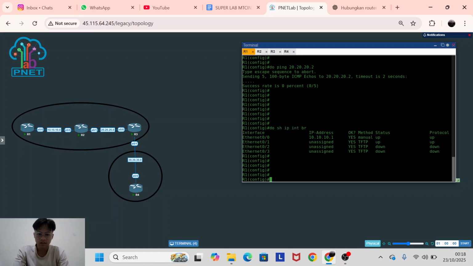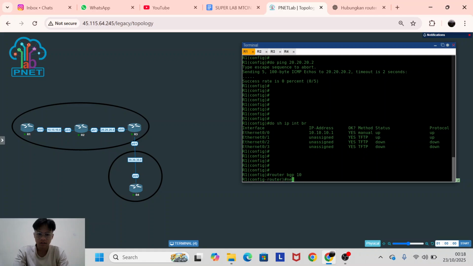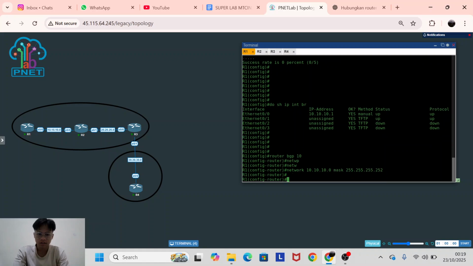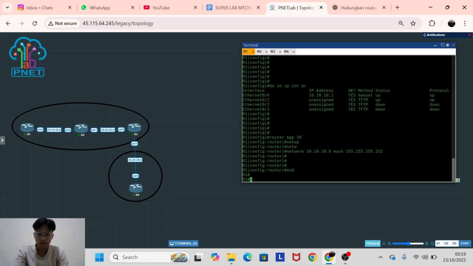Okay, now I add the network to BGP. Then I add a network. Forgive me please, I forgot. Network, then the mask is like this. Okay.